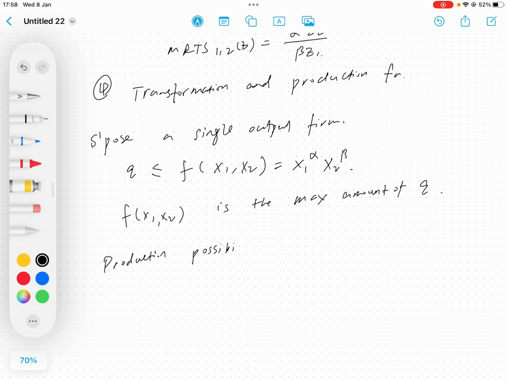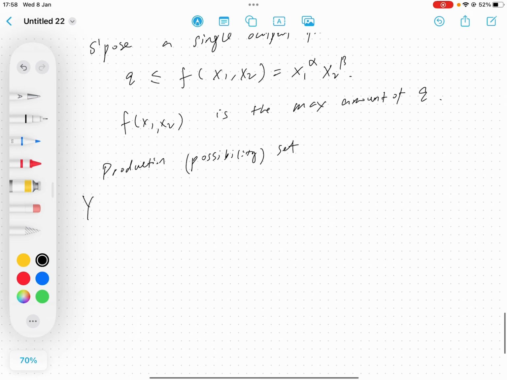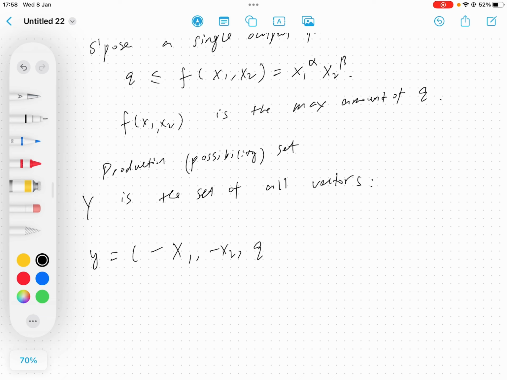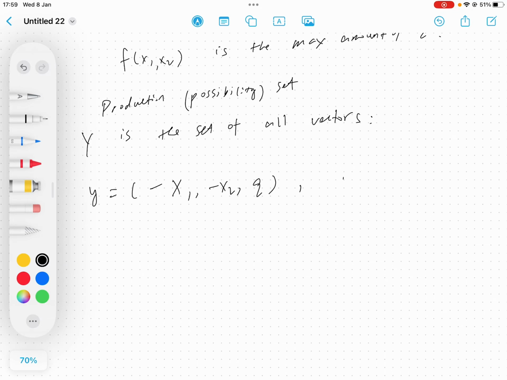So next, the production possibility, or simply the production set Y, is the set of all those production vectors, where we have little y, with a minus in front of those inputs, and we have this Q, which is the actual output, and this Y has to be a subset of R3, such that